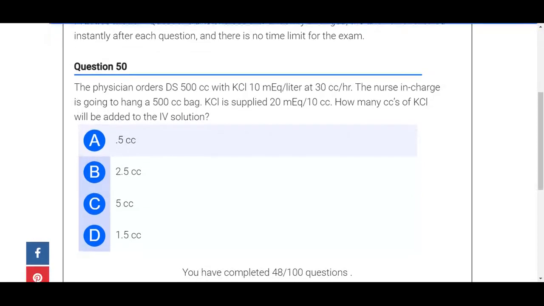Next one. The physician orders TS 50 cc with potassium chloride 10 mEq per liter at 30 cc per hour. The nurse in charge is going to hand a 500 cc bag. Potassium chloride is supplied at 20, and how many cc of... Okay, so we are going to solve the problem for this one. This is the order,